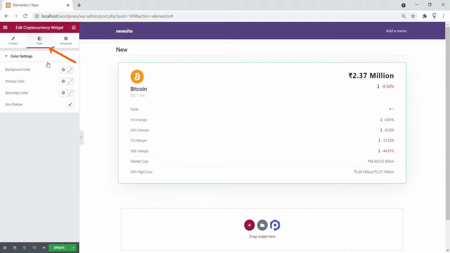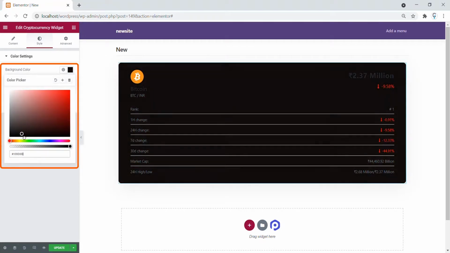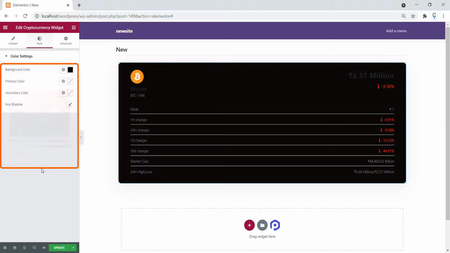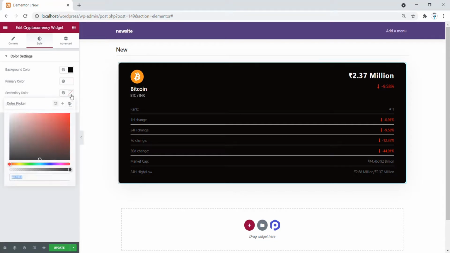Now under the style option, you can change the background color, the primary color, secondary color for the information.